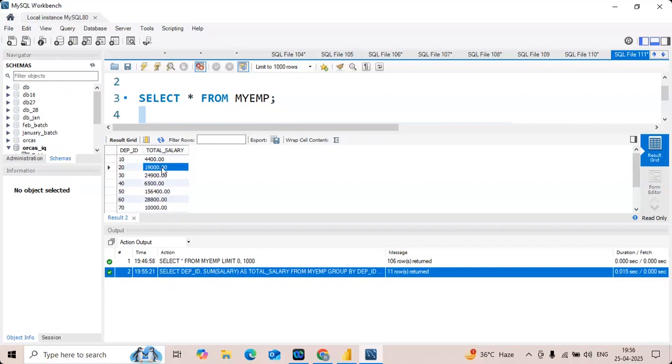What is the total salary for department 20? That means if, for example, 2 employees are working in department 20, and you add the salaries of those 2 employees, the total salary is 19,000. If you are talking about department 30, 24,900, if 5 to 6 employees are working in department 30 and you add the total salary of all of them, then the total salary is